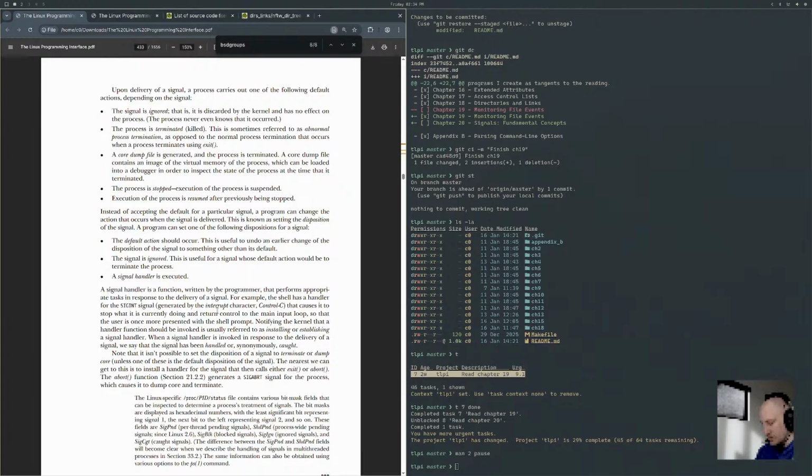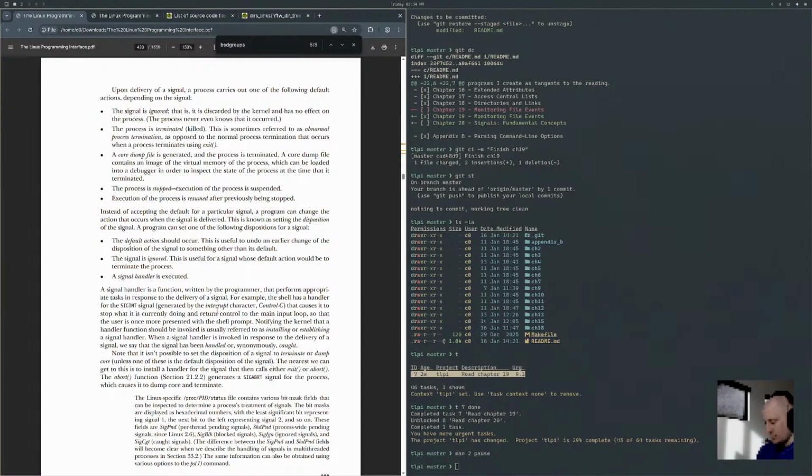A signal handler is a function written by the programmer that performs appropriate tasks in response to delivery of a signal. For example, this shell has a handler for the SIGINT signal generated by the interrupt character Control-C that causes it to stop what it is currently doing and return control to the main loop,